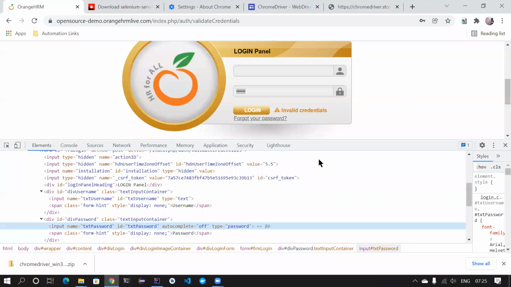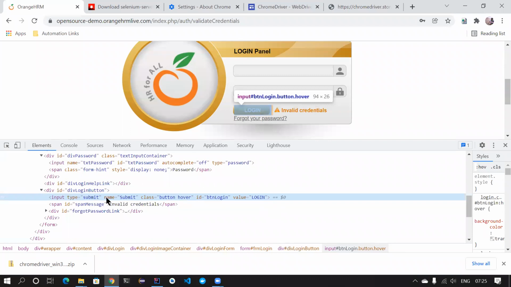Once this is done, I also want to click on the login button, right? If you notice, the name is login here, but the name here is submit. Okay, so it can be changing. But the ID value is login. So you can either use ID or name or whatever. But for now, I'm using ID because that will be unique. So yeah,